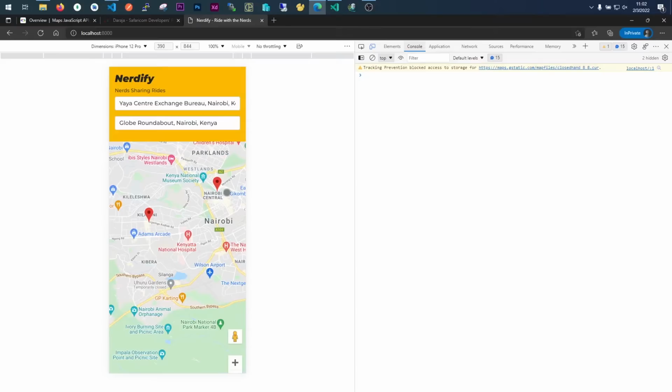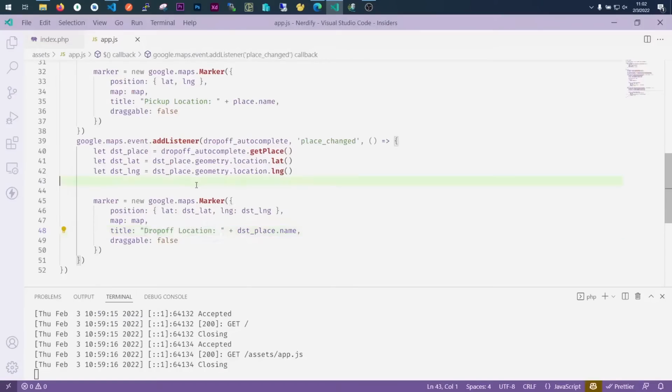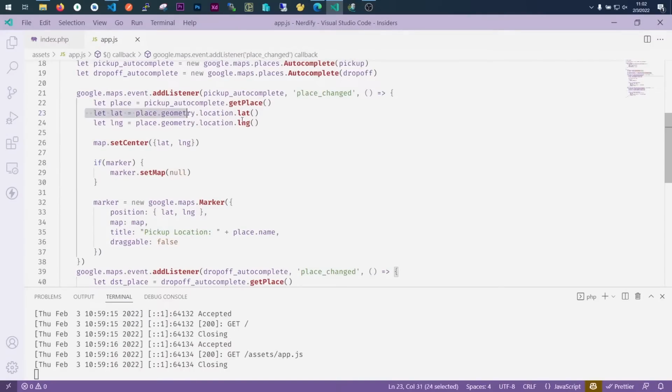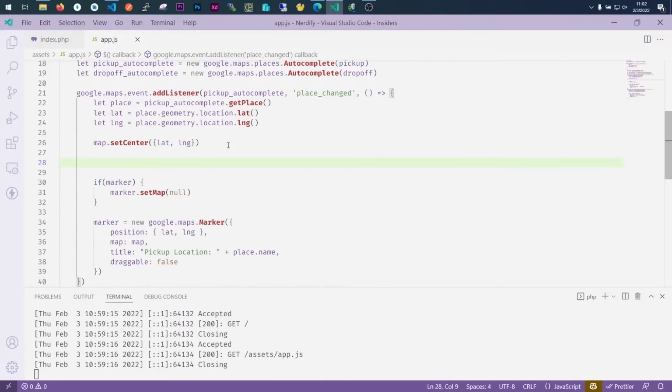Perfect. So now that we have these two locations, it's very important that when we navigate off this page, we want to be able to again access these items, and I want to use local storage. You can use a database, you can use cache, you can use whatever it is, but I want to use local storage. So once someone has set the pickup and drop off, I want to save this data to my local storage, so when I move out of this page, I can again access this. So I'm going to do local storage